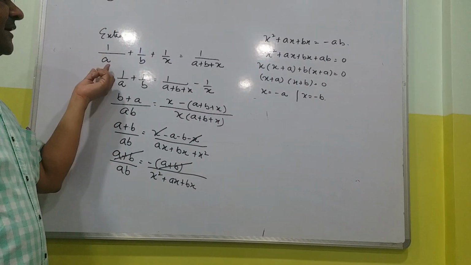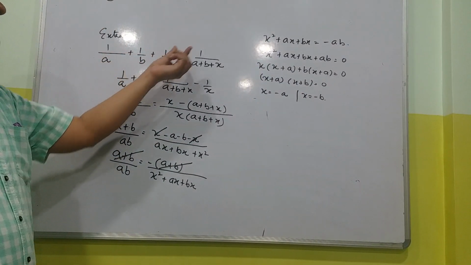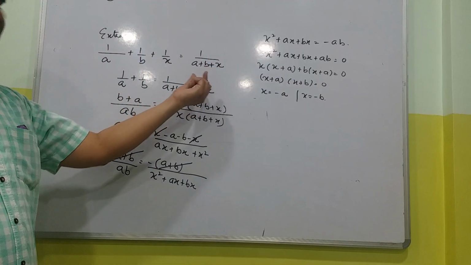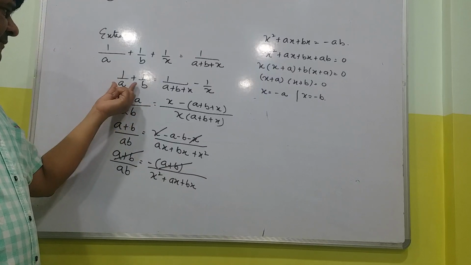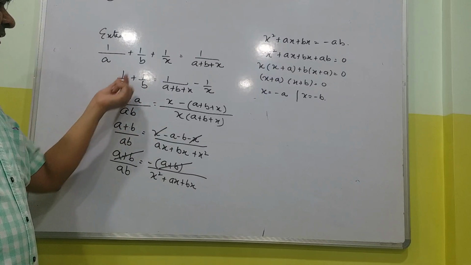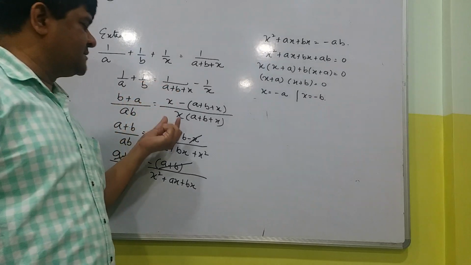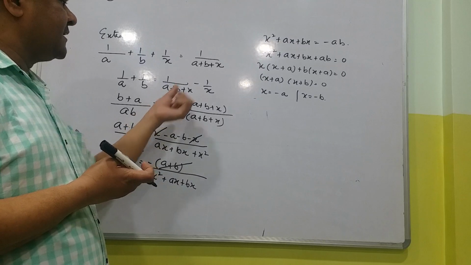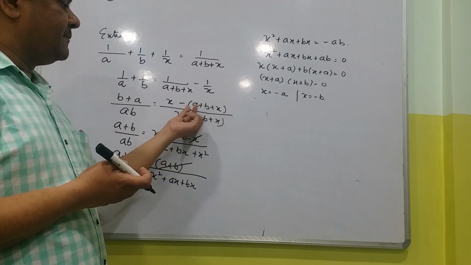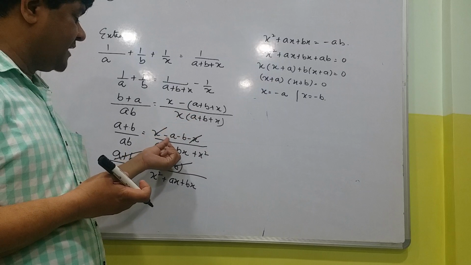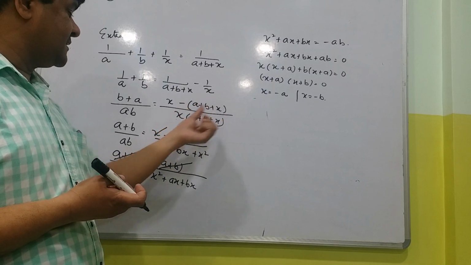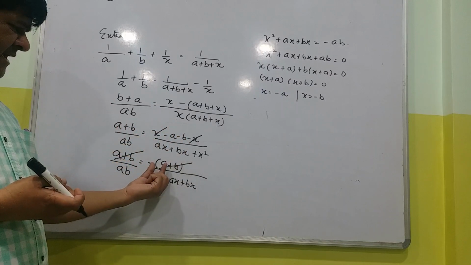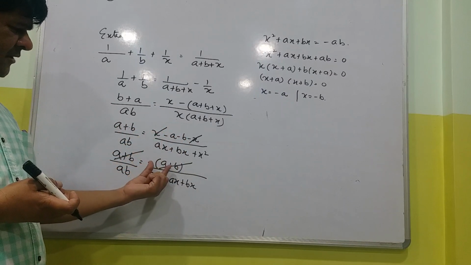Again see, 1 over a plus 1 over b plus 1 over x equal to 1 over a plus b plus x. So here x will move to the left hand side. AB is the LCM, b into 1 b, a into 1 a. So here the LCM is x into a plus b plus x. So x into 1, x minus a plus b plus x. After the negative sign will change, minus a minus b minus x. Similarly here it will come as such, minus a plus b taken common.